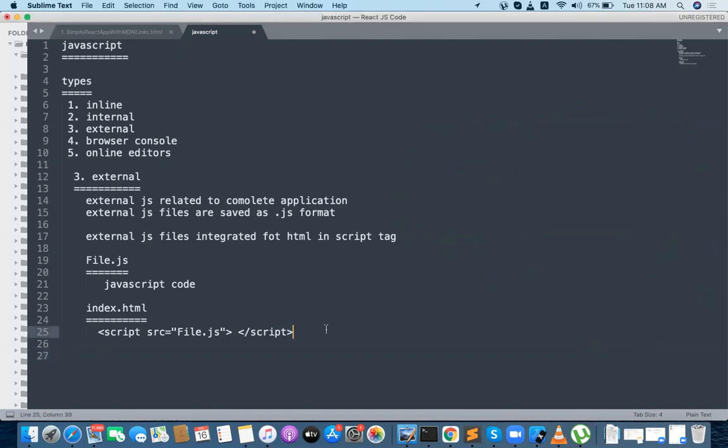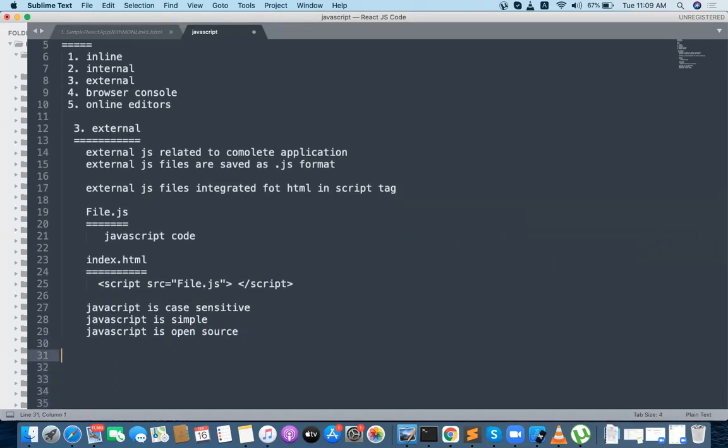One more thing is that JavaScript is case sensitive. I will tell you what case sensitive means. JavaScript is simple, and JavaScript is open source. JavaScript renders in the browser.